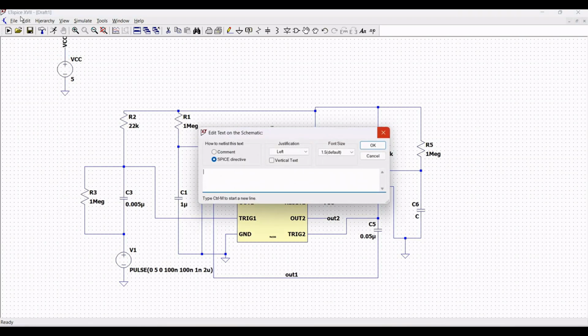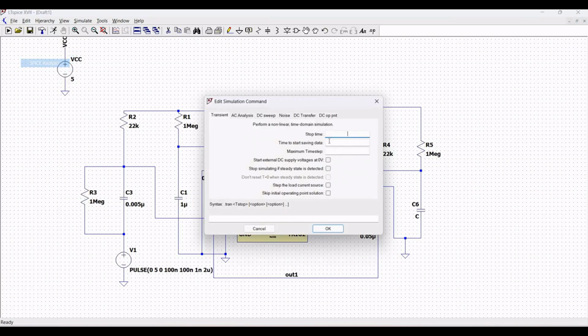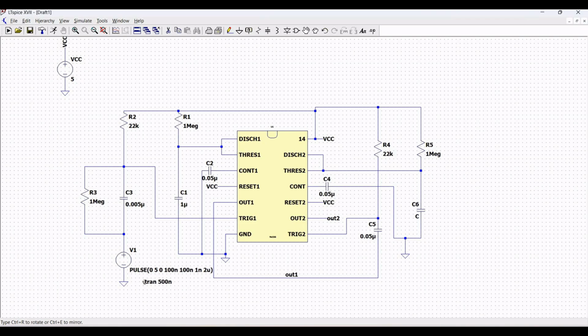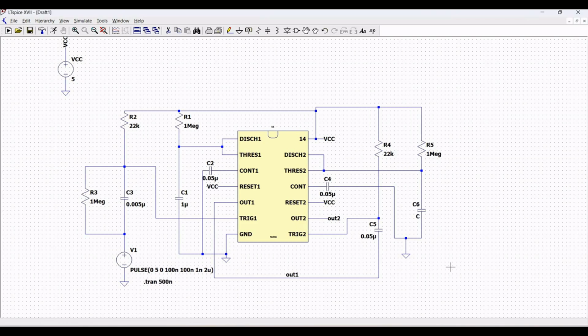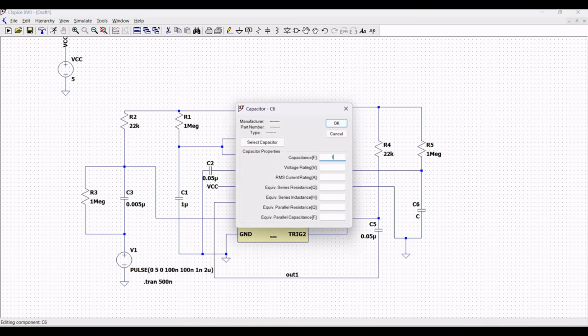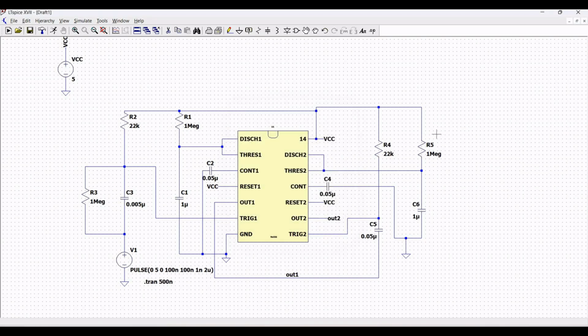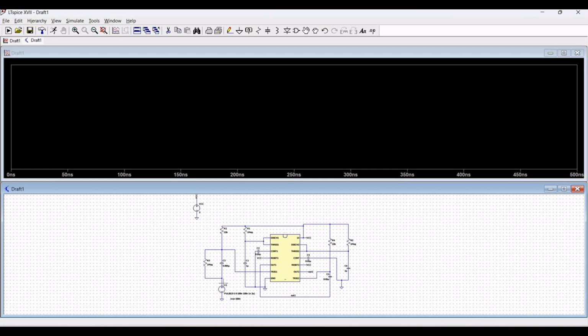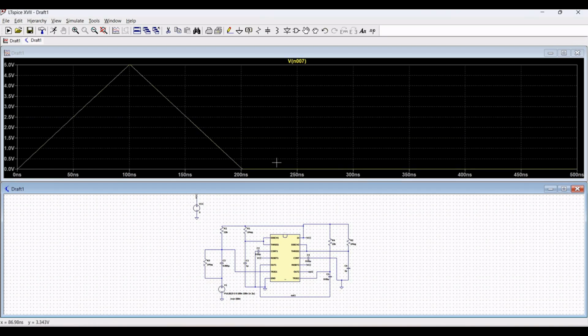Now, we have to define the SPICE analysis. So click on transient analysis and define the stop time as 500 nano. Now place this particular 500 nano, and here we have to define the value of capacitor C6, which is around 1 microfarad. Now run this particular simulation, and when we place the probe on the pulse, you can see the